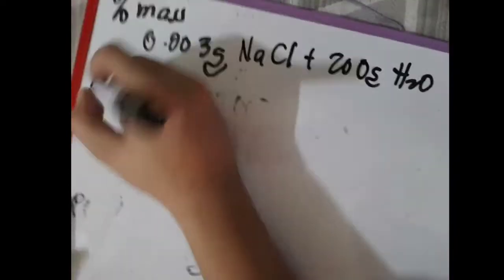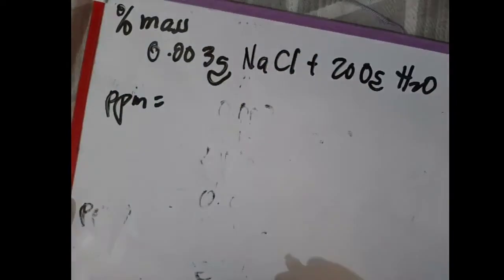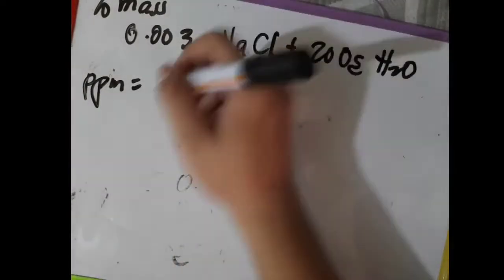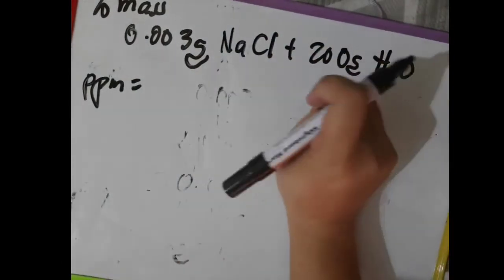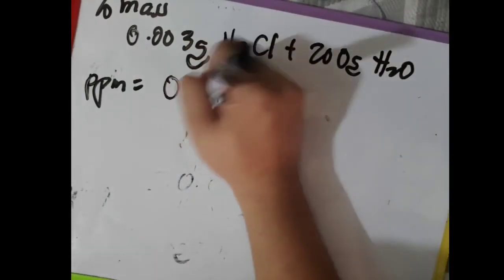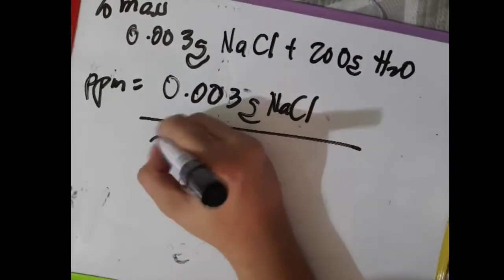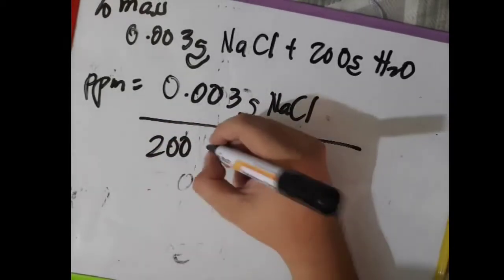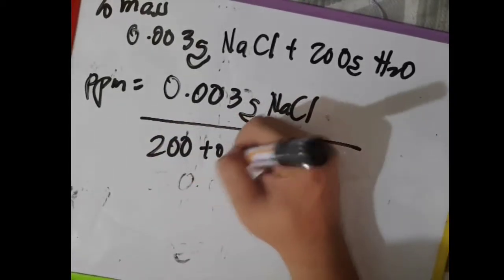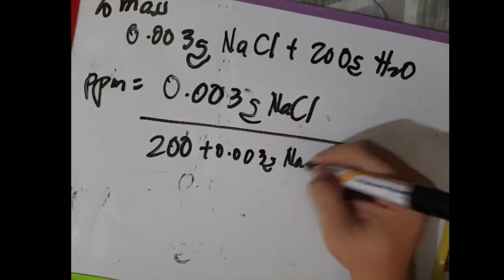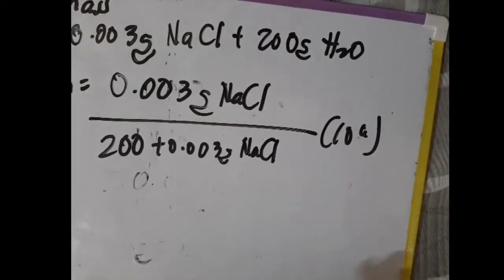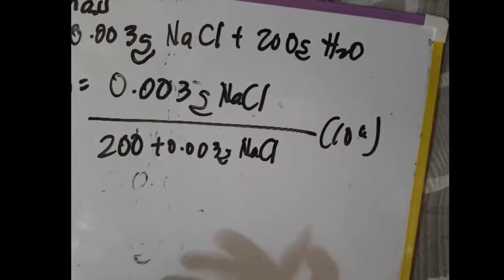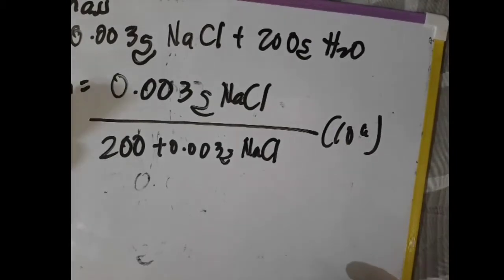So parts per million is equal to 0.003 grams sodium chloride over 200 plus 0.003 grams sodium chloride, multiplied by 10 to the 6. That is usually the case since we are already given the amounts. However, let's say we don't know the amounts and we only have